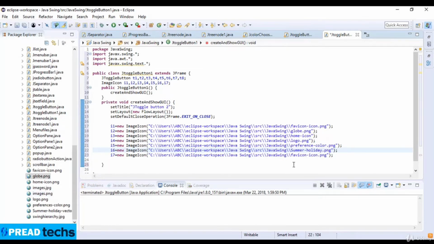Sorry, it's not a swing hierarchy. I just write image.jpg, and here is image.jpg. Okay,